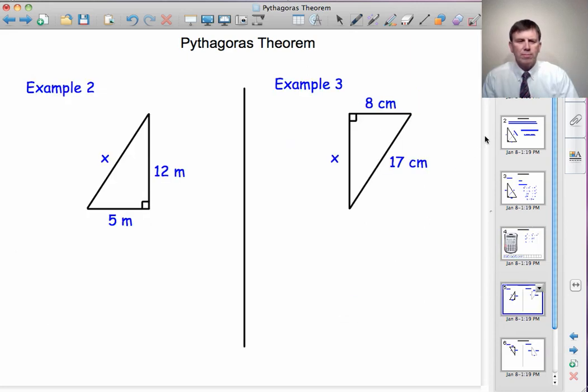Example 2. First thing I'm going to do is mark on the hypotenuse. That's the side that is opposite the right angle. So it's the x that we happen to be looking for again. And then I'm going to write "by Pythagoras", because I'm using Pythagoras' Theorem,